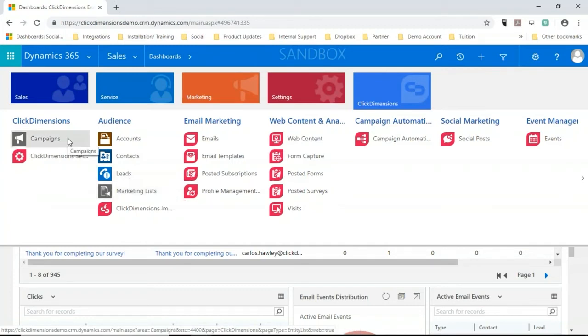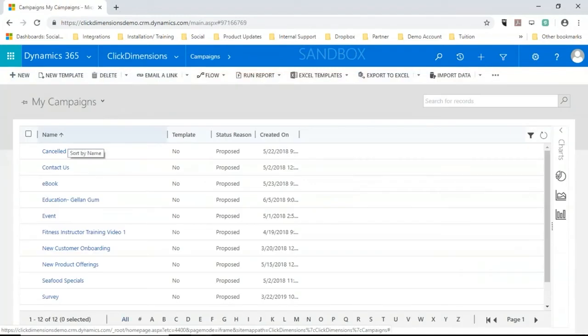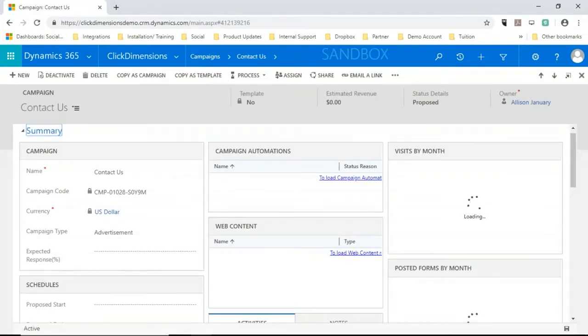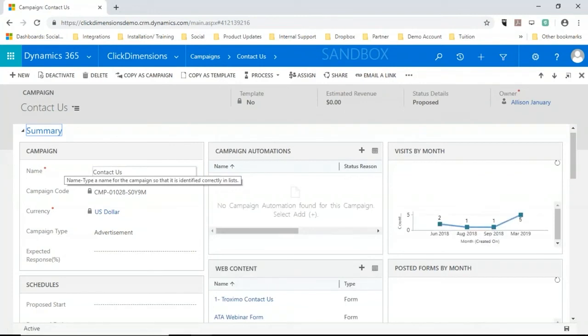But what's really nice about this is it all rolls up to the overall campaign level within D365. So here's an example. If you had maybe a contact us page out on your website, you could create a campaign within D365 that's specific to that contact us form. So this is just your out-of-the-box campaign within D365 where you would be able to go in and give it